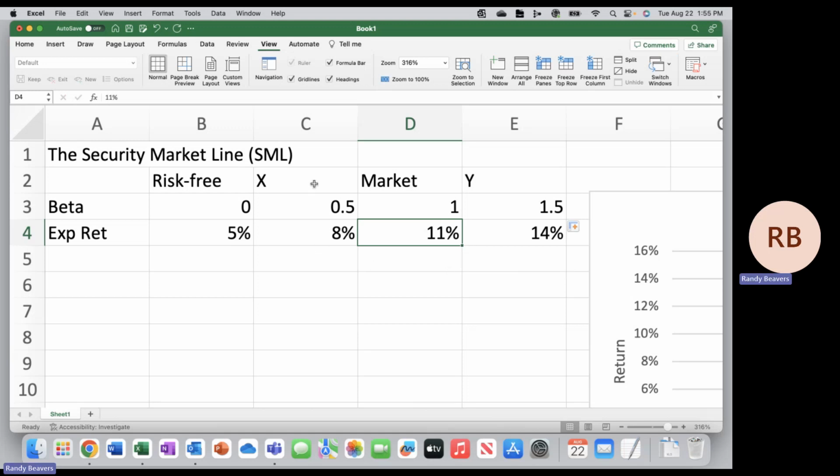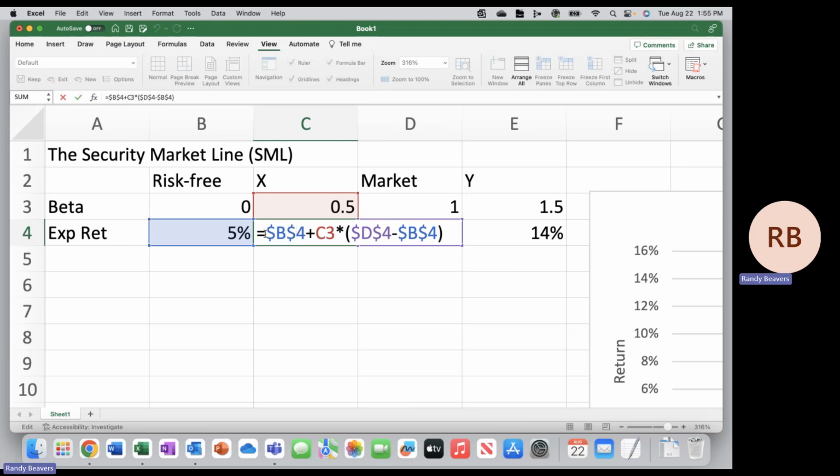So to determine what the expected returns are for stocks X and Y, X having a little bit less risk at a beta of 0.5, Y having a little bit more risk in the market at 1.5, we'll use the following formula. So we'll do equal the risk-free rate, and make sure that is anchored, plus